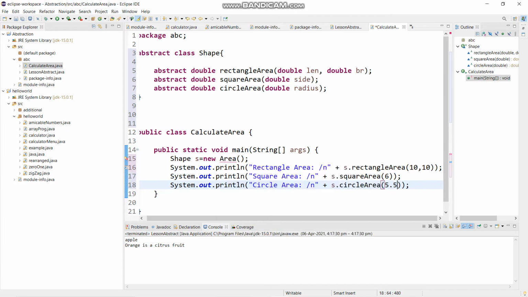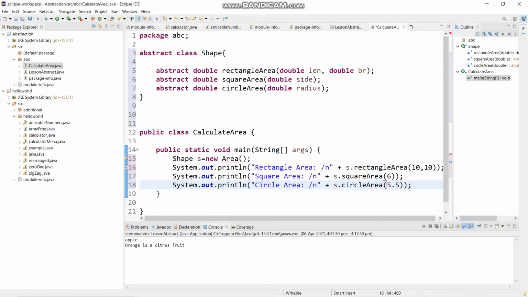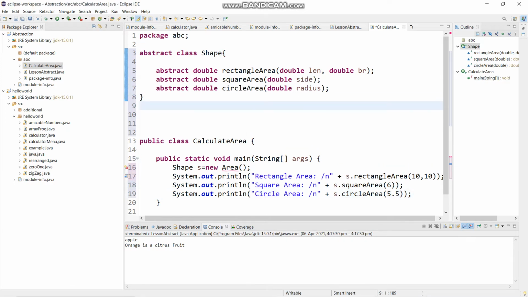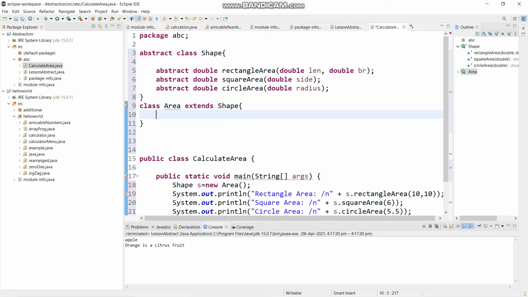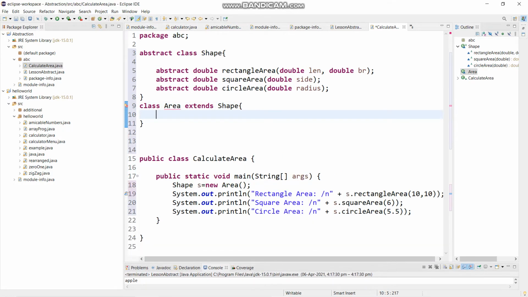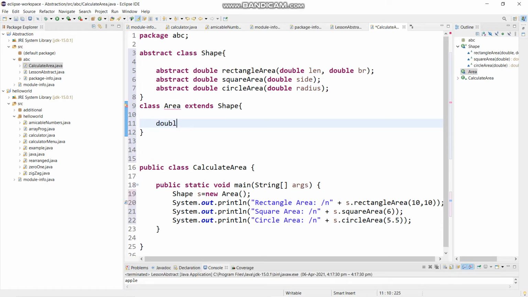As you can see, Area has the red line. So what I am going to do is create an object, that is class Area, that is the extension of this Shape class, and then inside it I would be giving double. This one is going for the rectangle area, so double rectangleArea, and then double length comma double breadth,